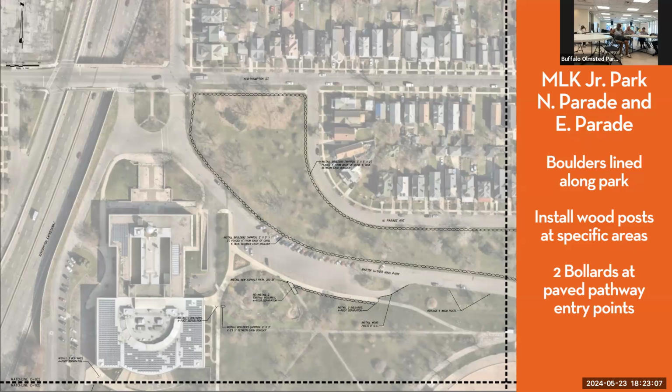So the last incident, how did they manage with all of the boulders to go into the park? How did they get in? They find a way. Yeah, there is an area where there aren't any boulders,